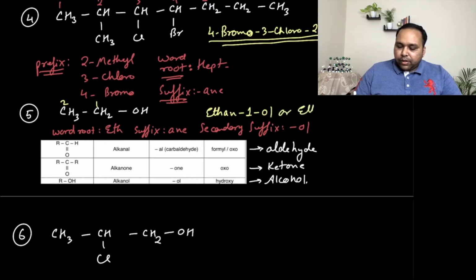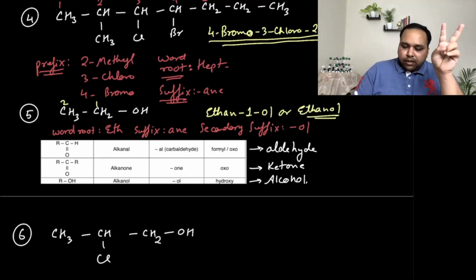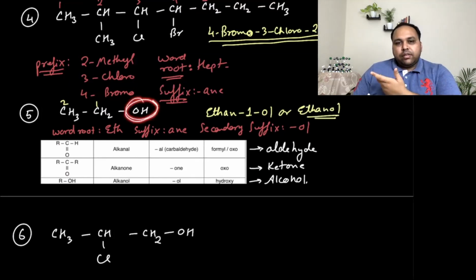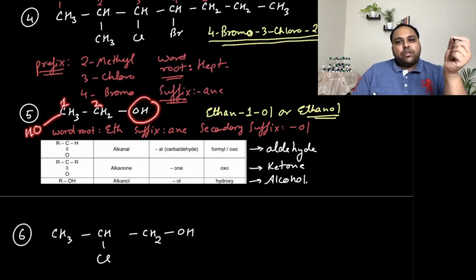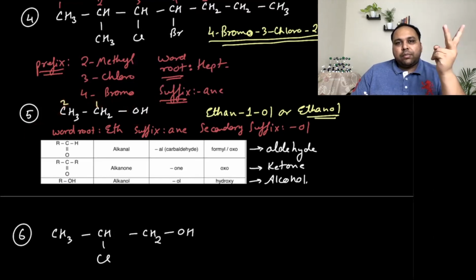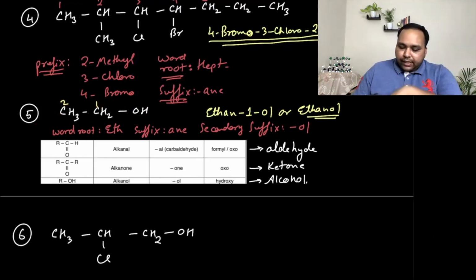Why can you write ethanol? Because if there are only 2 carbon atoms, the alcohol will always be at position 1, irrespective of where you place it. You place it here or you place it here. In that case, you change the numbering to this. So because there is only one type of position available for the alcohol group in a 2 carbon molecule, the numbering can be avoided. You write it as ethan-1-ol, there is nothing wrong with this, or you can also write ethanol. This is also correct because there is only one type of position available for the OH group to get attached.